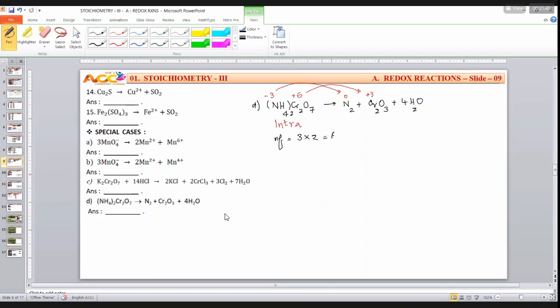N factor is equal to change in oxidation state, -3 to 0, 3 into 2. This is equal to 6 with respect to which reaction? -3 to 0, loss of electron, sir, with respect to oxidation. Right? Now let us take this one. +6 to +3, 3 into 2. It should be the same number, 6 as it is. It should be 6 with respect to which process? Reduction process. Hence, what is the answer? Answer is N factor is equal to